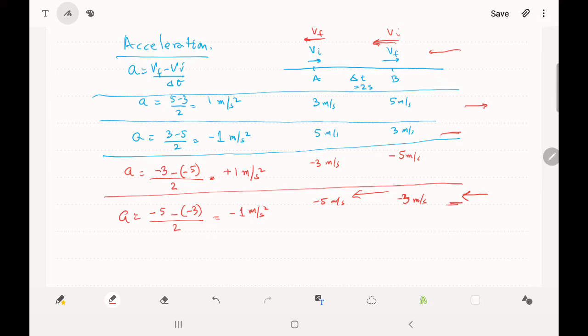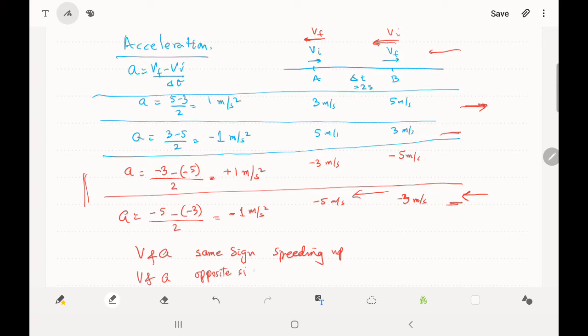The net result is that if V and A have the same sign, then it's speeding up. So you can see that the velocities are negative in these two cases, and it's speeding up with negative acceleration. So velocities and accelerations are both the same sign, so it's speeding up. And here also it's speeding up because the velocity and acceleration are both positive. Here they're both negative. If V and A are of opposite sign,